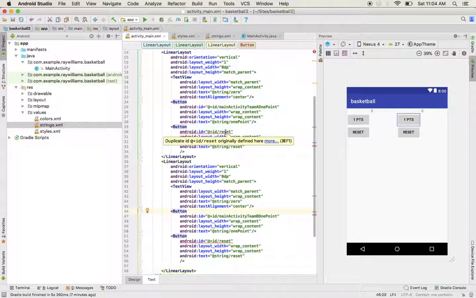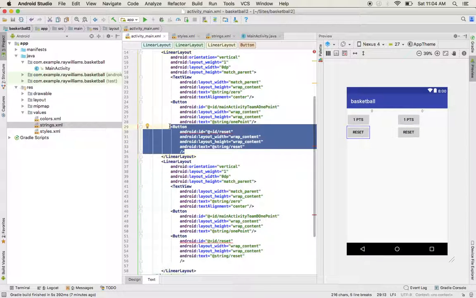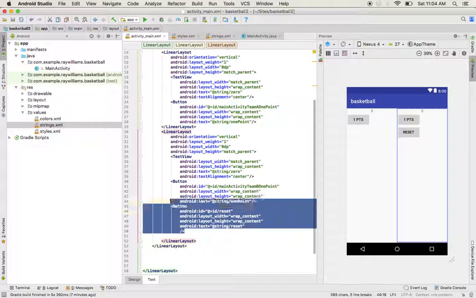But since both these reset buttons are going to do the same thing, we only need the reset button one time. So we're going to get rid of this first reset button here, and the second reset button, we're going to move it